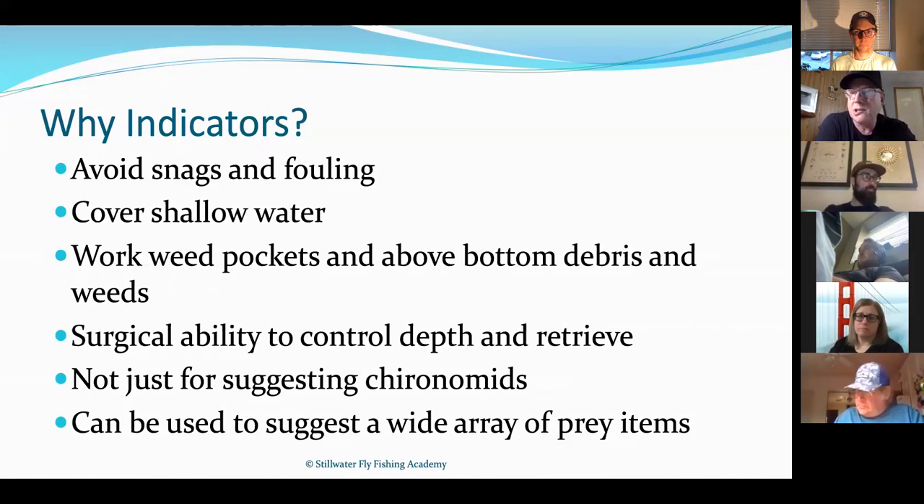They don't let their flies sink long enough to get to depth and hold them there, and then they tend to retrieve too fast. Well, that either pulls the fly out of the zone you're trying to target or simply moves the fly too fast for the fish to be interested. They're kind of suspicious and won't go near it. Originally, when I started doing this in the early 80s, we used to do it to suggest chironomids,